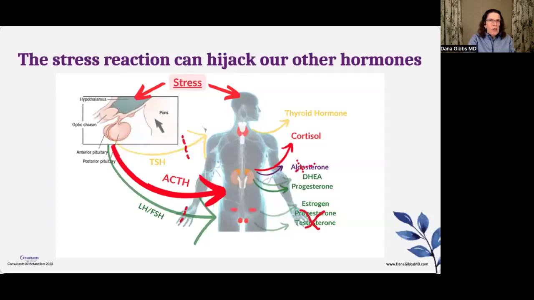But chronic elevations in cortisol affect our other hormones in pretty profound ways. So here's what's really interesting. The stress reaction to these modern day situational stresses comes not from the circumstance itself, but from our thoughts about the circumstance. And those thoughts trigger these 5 specific emotions: fear, anger, disgust, so we don't eat spoiled or poisonous food, shame, or sadness.